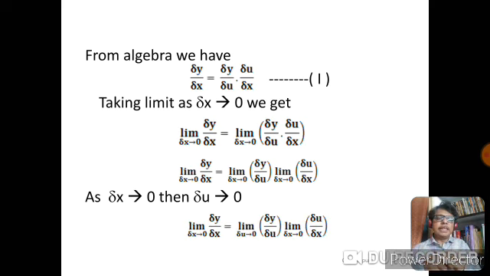So, we are getting now here, no change in the left hand side, limit delta x tends to 0, delta y by delta x is equal to, now we are changing the first term only, limit delta u tends to 0 of delta y divided by delta u into, no change in the second term, limit delta x tends to 0, delta u by delta x. We will call this equation number 2. So, this is the second part, the core part of this theorem, and this part changes for each theorem. Okay. Now, we will move to the third part of the proof of this theorem.